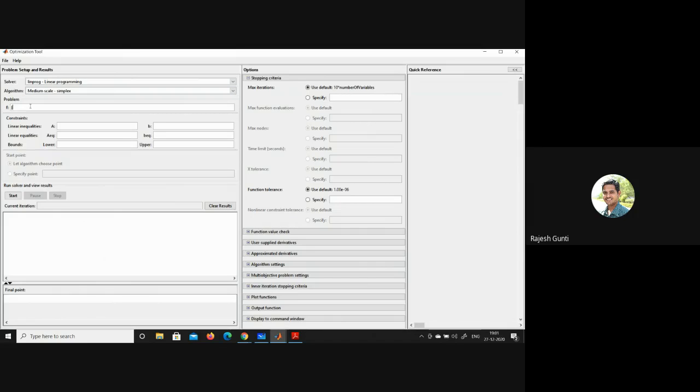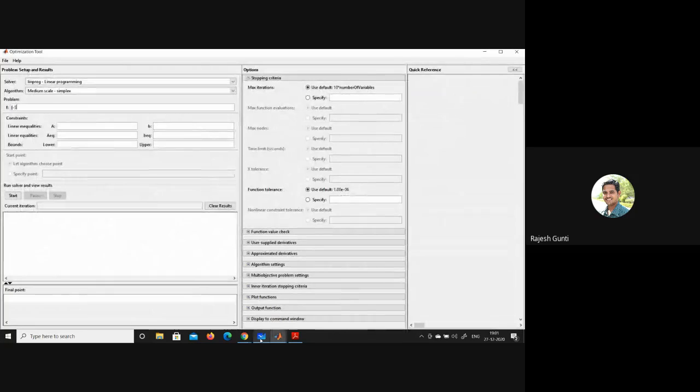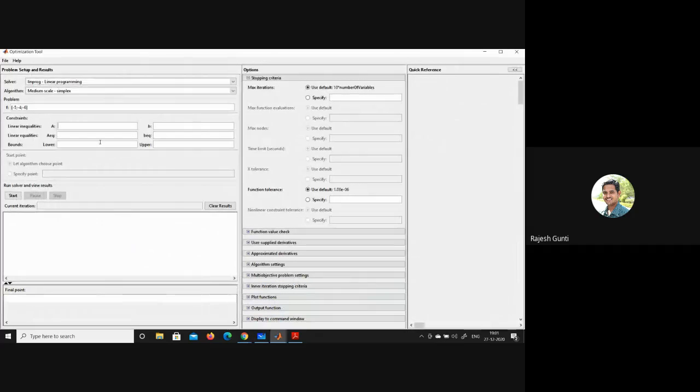What is the F value here? Minus 4, minus 5, minus 4, minus 6. That is the objective function. What about linear inequalities? Here, linear inequalities. Now I am entering these values: 1, minus 1, 1;